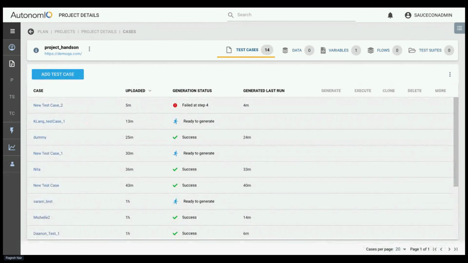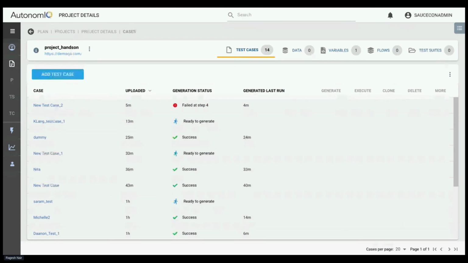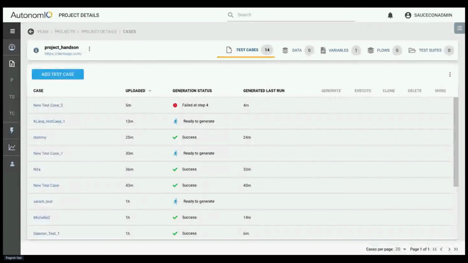Yeah, so Joe is saying that generate is like a build and run, and execute is a way to export scripts and then run. Yeah, there is a way to export scripts and then import them into something like Visual Studio, but we don't recommend we do that. We actually say it's not a good idea to do that, simply because all the auto healing capabilities are lost. So we think that it is not a good idea to